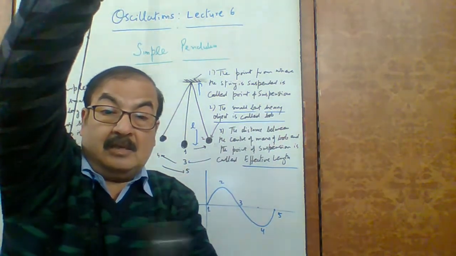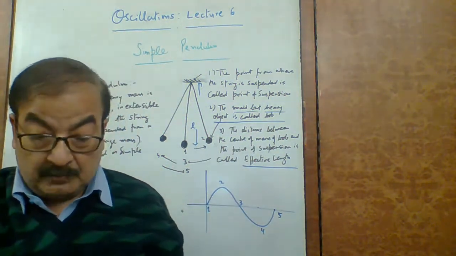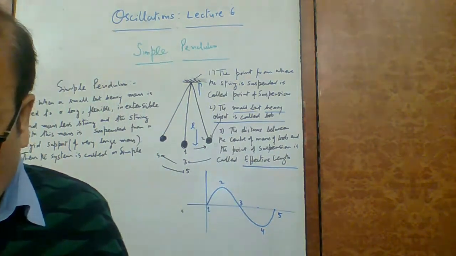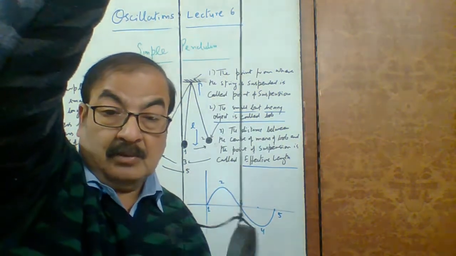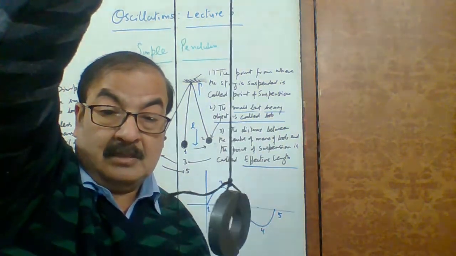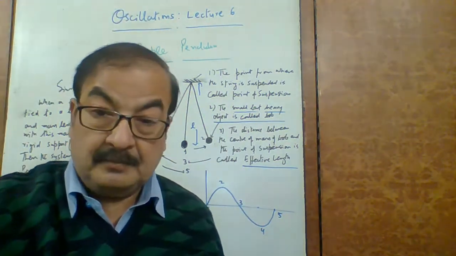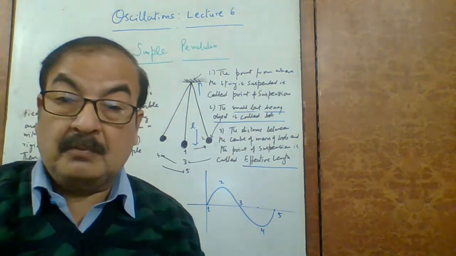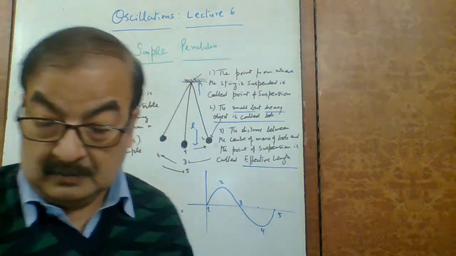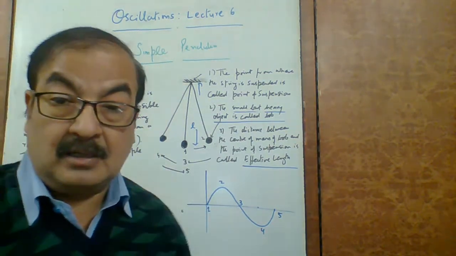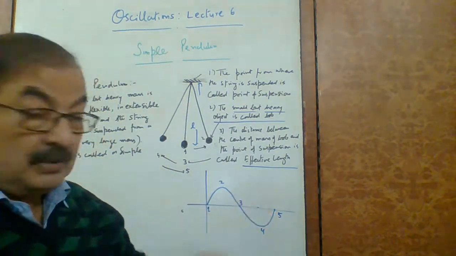You can see that it is very similar to the figure which I have already drawn on this whiteboard. This is the point of suspension. My finger is the point of suspension. And the center of mass lies in the hollow portion of this. Naturally this distance will be our effective length L, and here instead of this spherical bob, we are taking this annular type, or a hollow cylindrical type something. Now this is how a complete simple harmonic motion takes place.